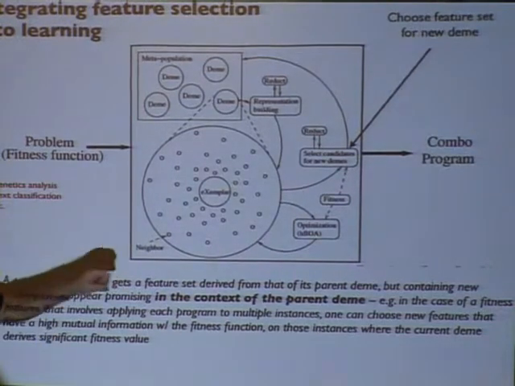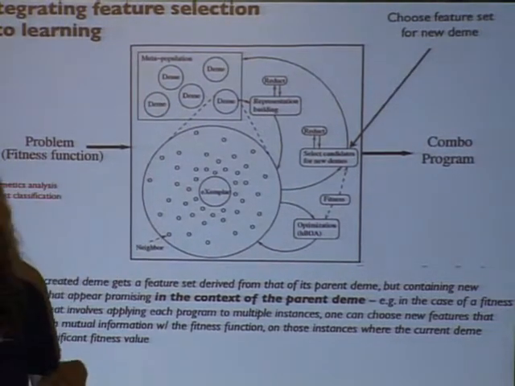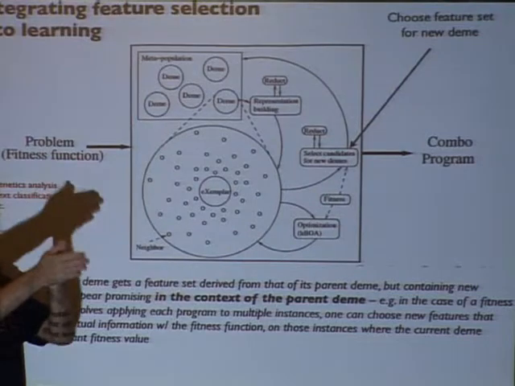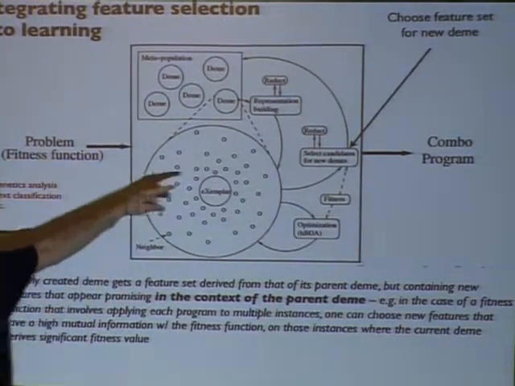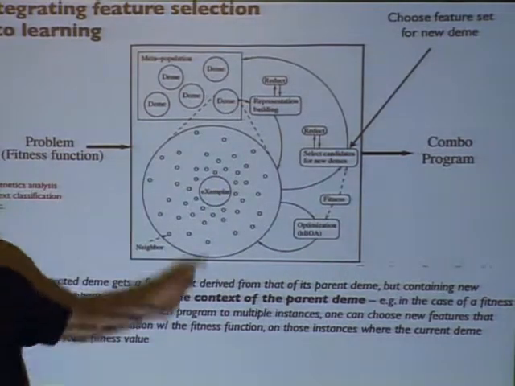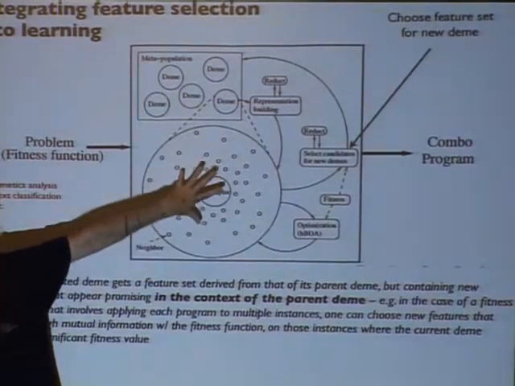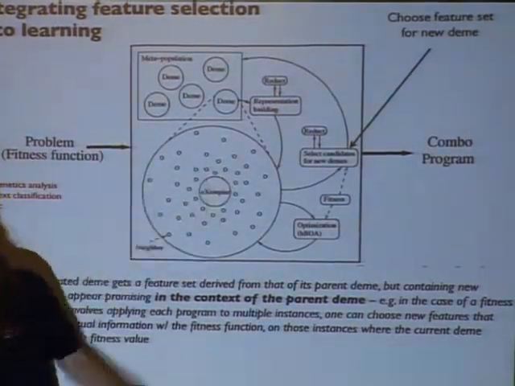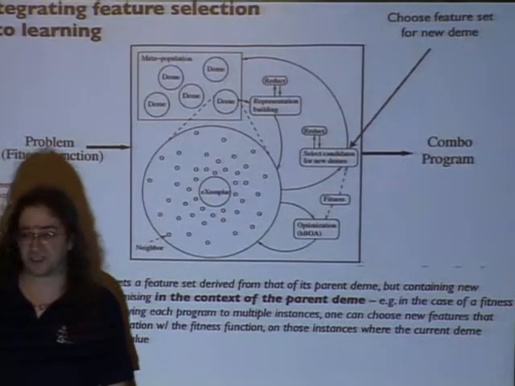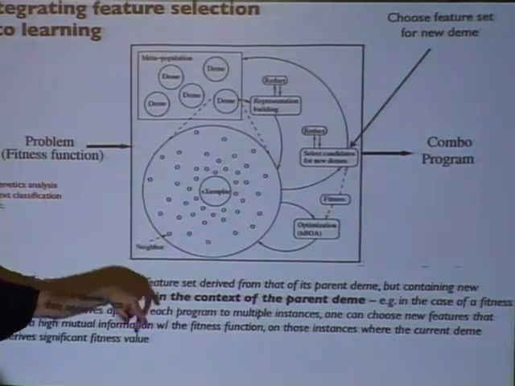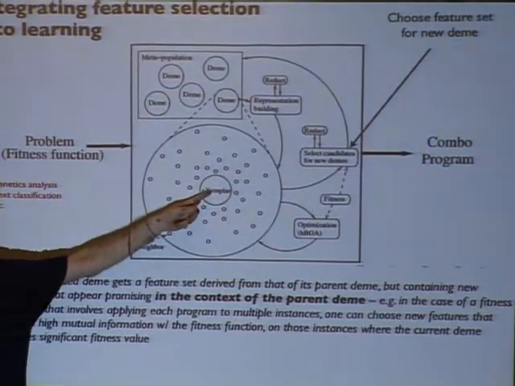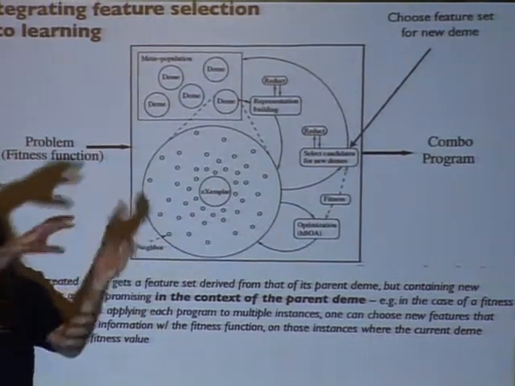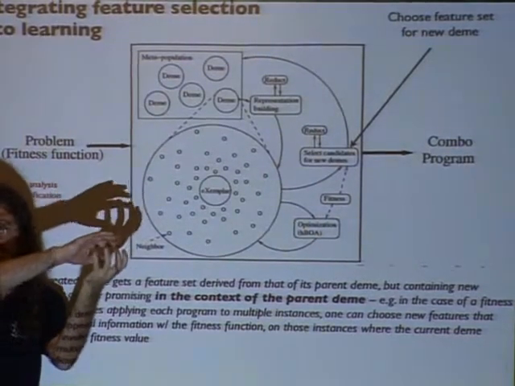And then initially they may have random subsets of features, or features chosen by interaction information or some other mathematical heuristic. Then when a deme spawns a new deme, the child deme keeps some of the features of the parent deme and gets some new features by various heuristics. For example, you may choose new features that have high mutual information with the useful features for this deme over